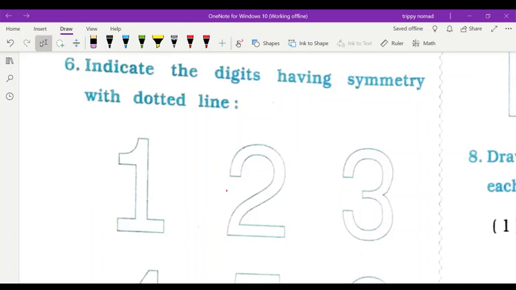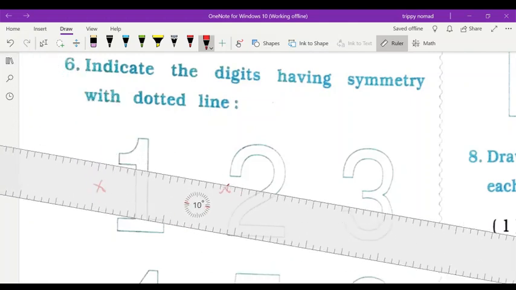Indicate the digits having symmetry with dotted line. Which digits have symmetry? Symmetry means that after dividing the digit, either horizontally or vertically, you get the same figure on both sides. We start with 1; we can't do it with 1. It is not possible to get the same figure in this case. The figure drawn in 2 also we are not able to do, but in 3 you can draw